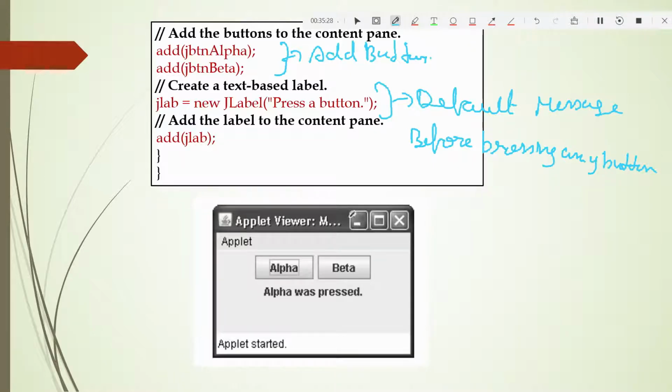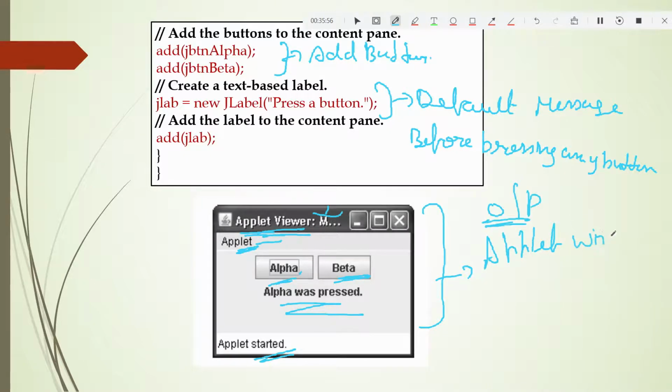Why can I not execute this program, students? Because applet code is deprecated since Java 8, and we are on 16 now. So the output is the same, but here it is in the applet viewer. Whatever message you give in the beginning will come. You have created two buttons, alpha and beta, so when you press alpha, alpha will come. This is the applet window output when alpha is pressed and when beta is pressed.